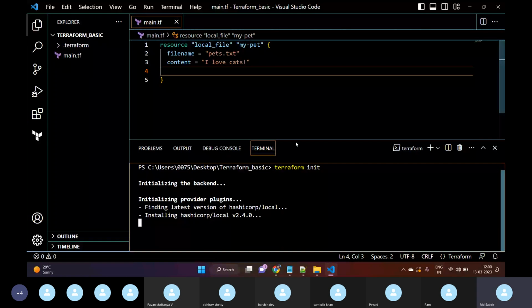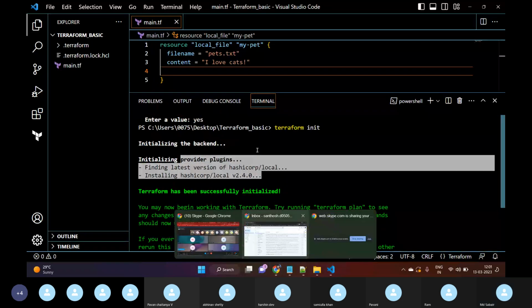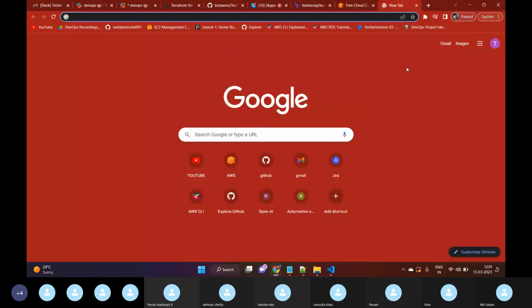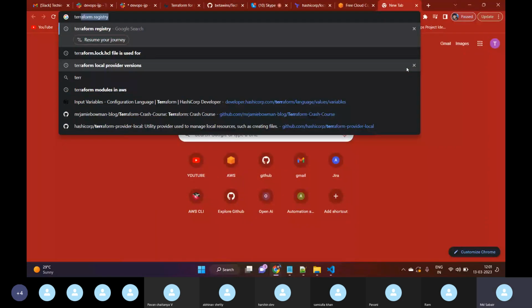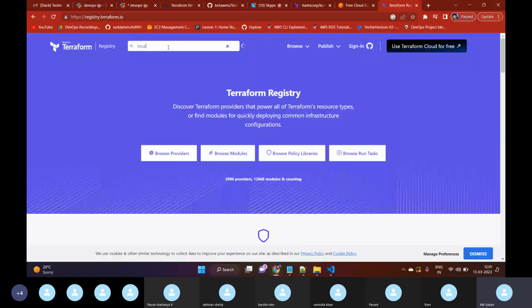now here we can see Terraform has installed the plugin of version 2.4.0. So this is the latest version available. I mean, this version relates to the provider version. Okay, so if I go to the Terraform registry, and if I search for local,